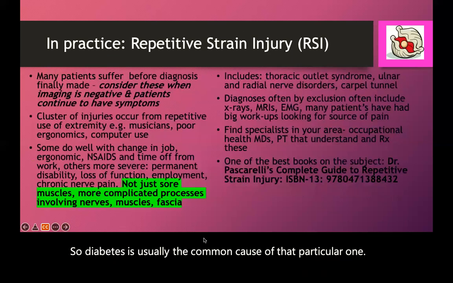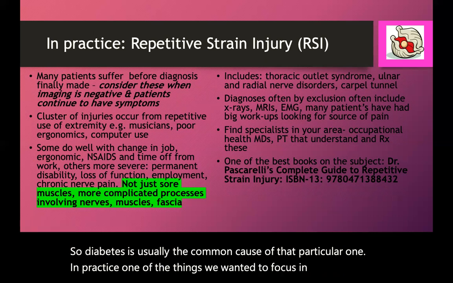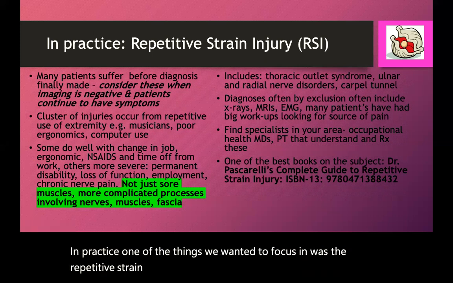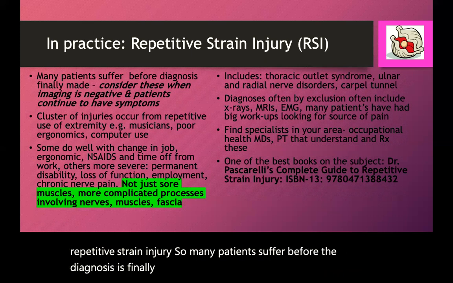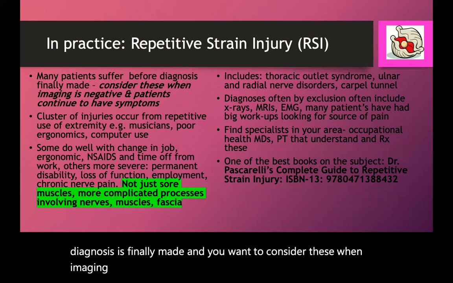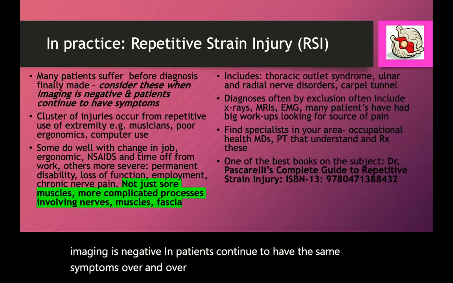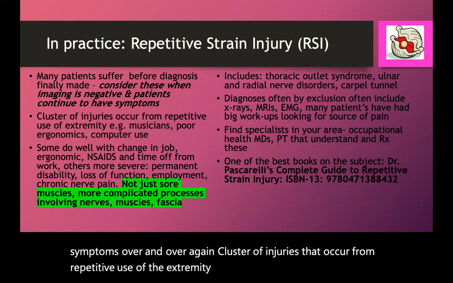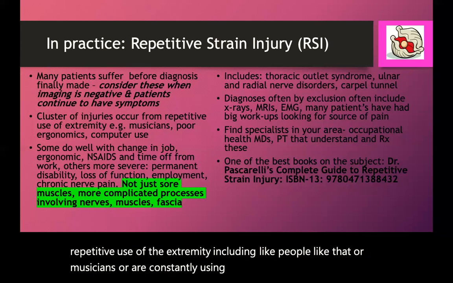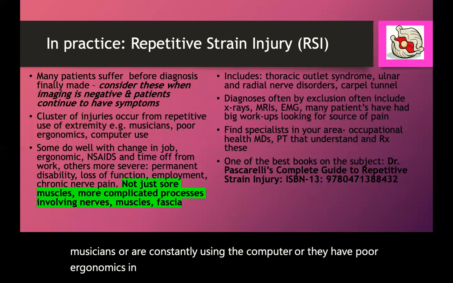Okay. So in practice, one of the things we wanted to focus in on was the repetitive strain injury. So many patients suffer before the diagnosis is finally made, and you want to consider these when imaging is negative and patients continue to have the same symptoms over and over again. It's a cluster of injuries that occur from repetitive use of the extremity, including people that are musicians or are constantly using the computer, or they have poor ergonomics in terms of their body mechanics and the way they